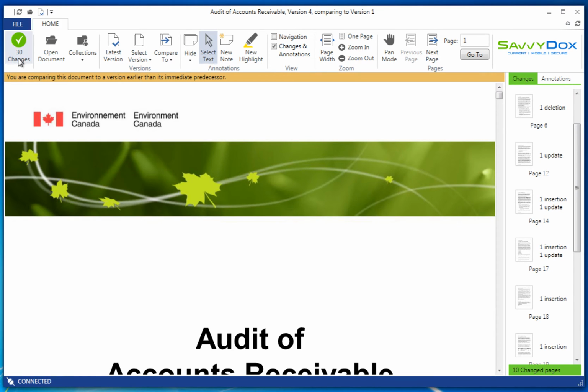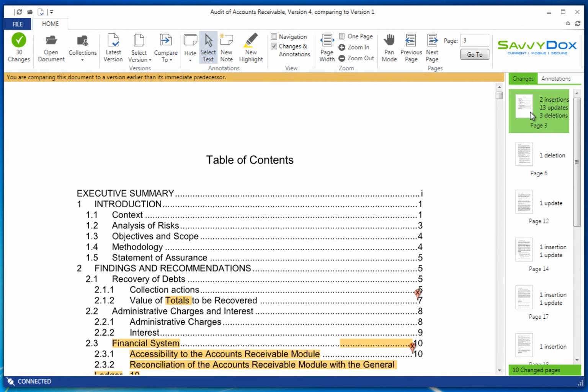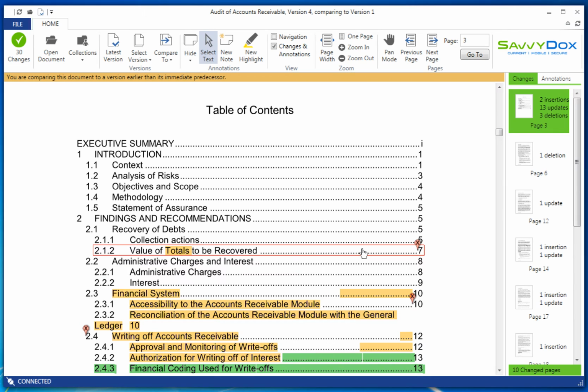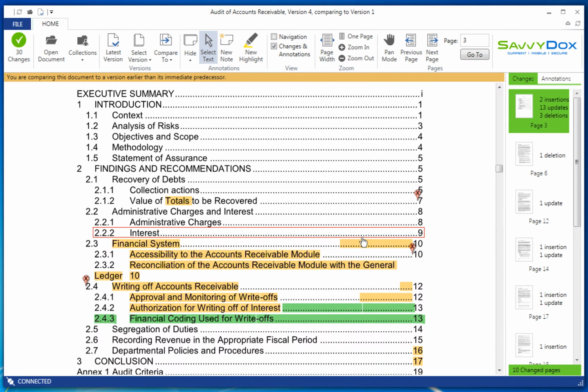The number of changes has become 30 changes, and the number of changes has updated significantly. You can see here's one page that has a mixture of insertions, updates, and deletions on it. And if we just scroll through that, lo and behold, that's the table of contents. But it allows you to see that the convention is yellow or light orange indicates the things that have been updated. A red drop pin with an X in it indicates sections that have been deleted, and green indicates sections